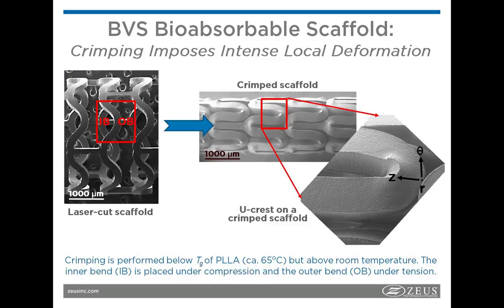If we zoom in on this lathe scaffold and then contrast this hinge point, if you will, in the crimped scaffold, where I'm referring to IB as an inner bend and OB as an outer bend, that's terminology that I'm going to use, you can see that in going from the lathe scaffold to the crimped scaffold, there's some substantial deformations. Along the inner bend, where the radial direction, again, is coming in and out of the plane of this picture,